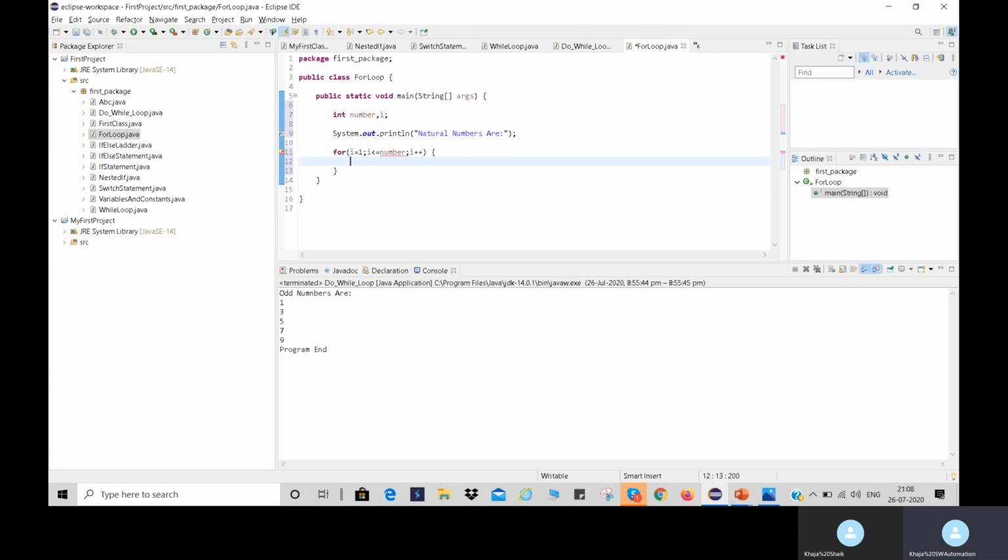And here I'm printing the value of i. And here I'm storing the value 10 into variable n. So after this, I'm writing one statement, program end.